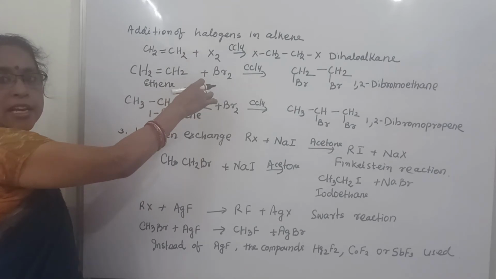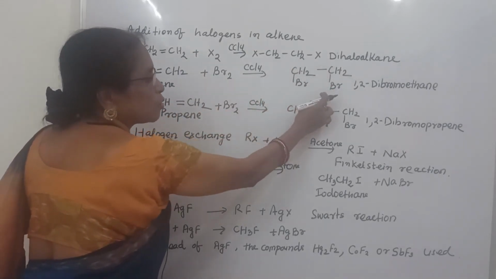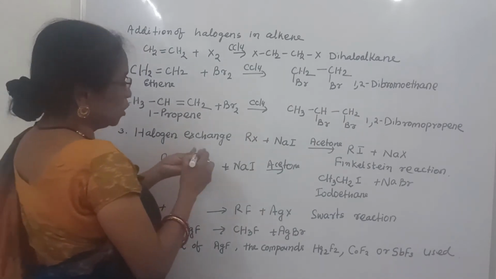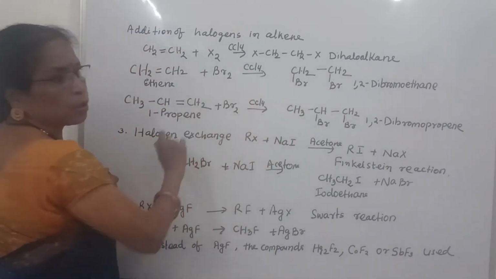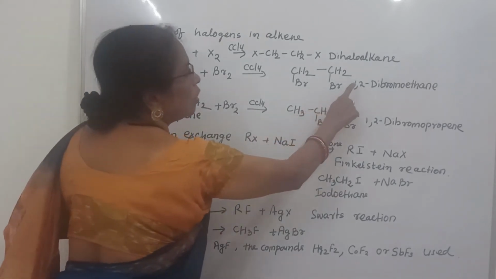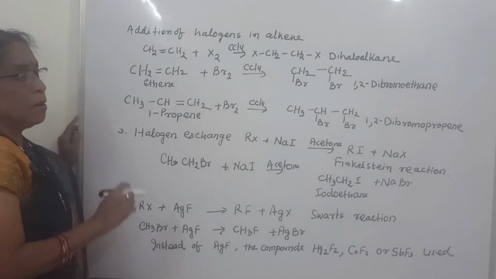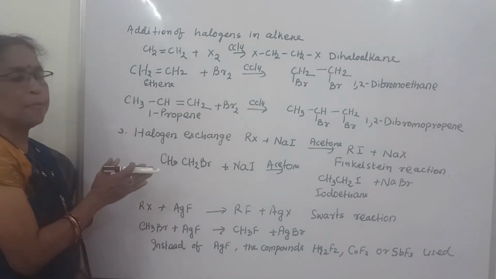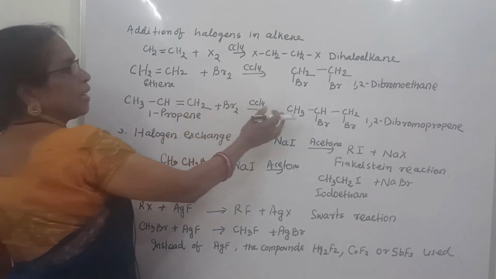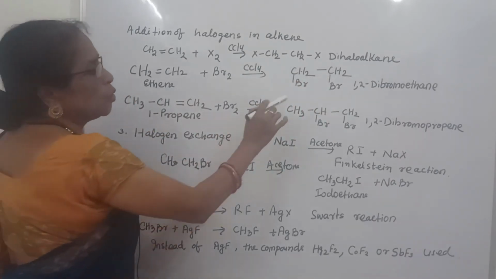You are adding bromine. That is why here one bromine and this side also one bromine. In one position, that is your bromine, in second position also bromine. So it is called 1,2-dibromoethane, because the parent alkane name is ethane. In ethane, first position bromine, second position bromine, so it is